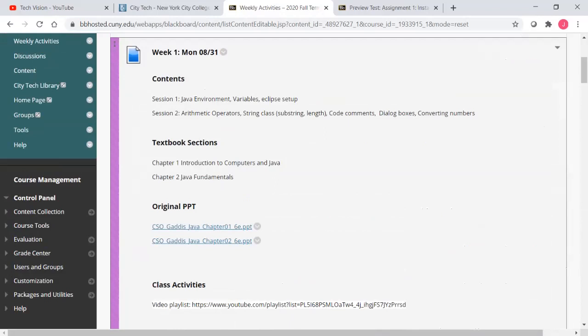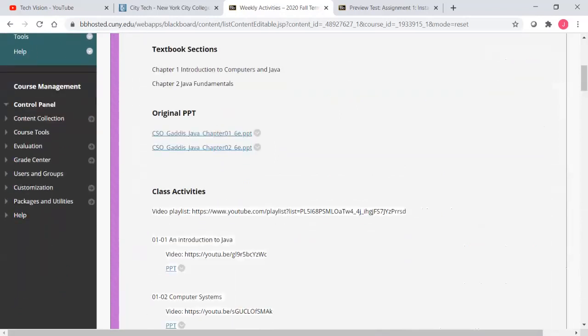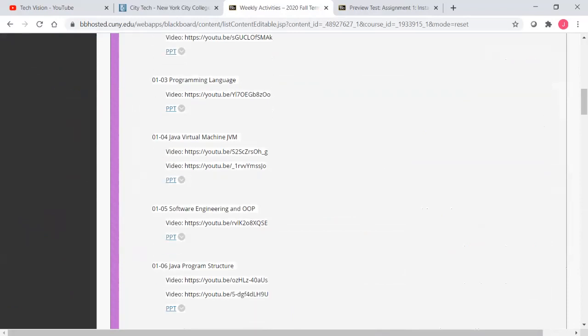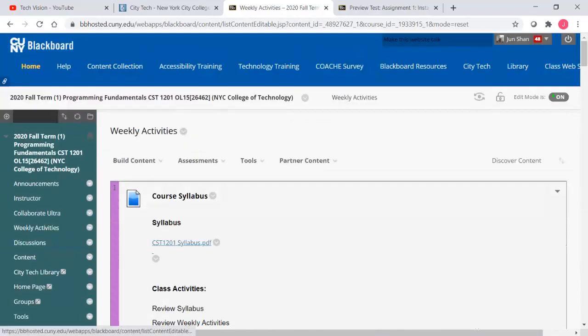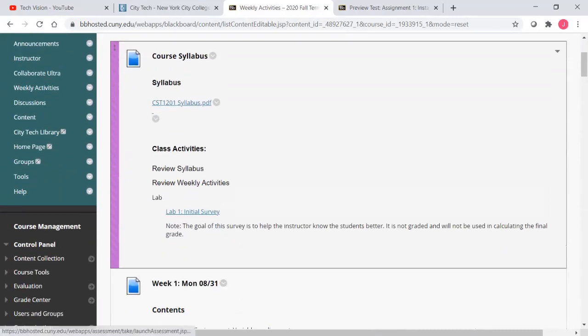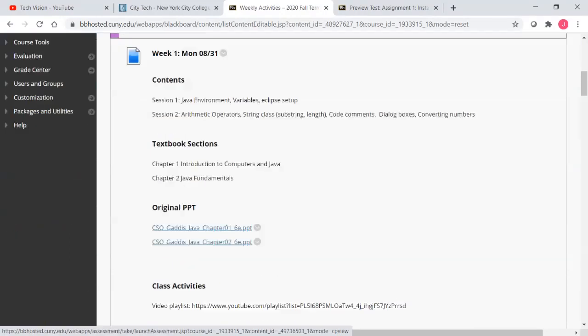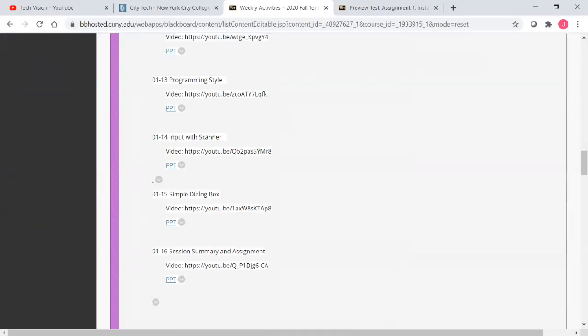Again, for the first week, we are only going to go through videos. There are no labs because you haven't installed Eclipse yet. But one thing to note is, per the syllabus, for this week you need to complete an initial survey after the class. So remember to finish the initial survey and assignment 1